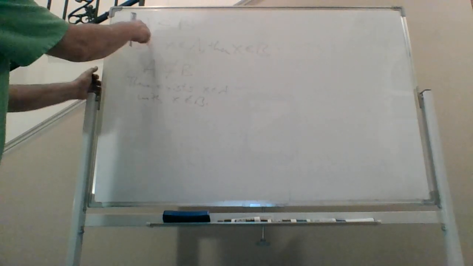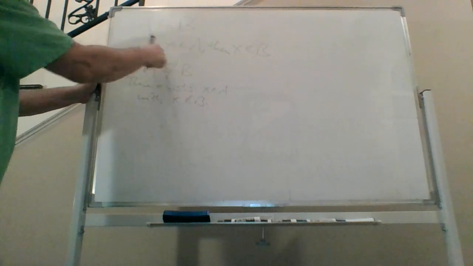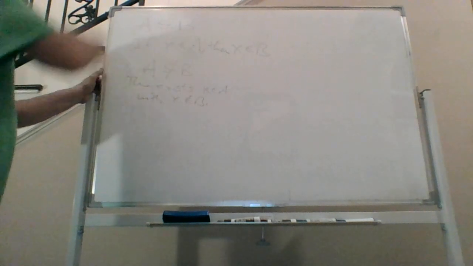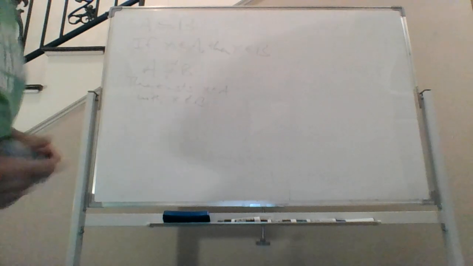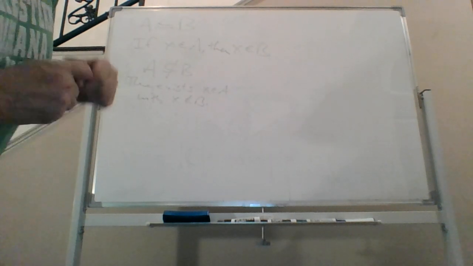So if A is a proper subset of B, that means A is a subset of B, but A is not the whole thing. A is not all of B. That's all proper means. Okay? Now keep in mind,